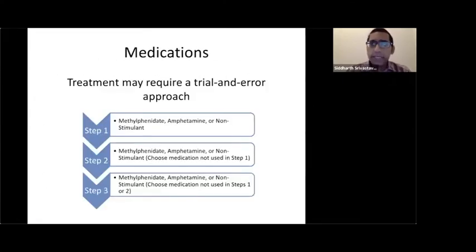Behavioral therapy can take time, sometimes on the order of months or longer, but if the symptoms of ADHD do not improve, then medications may be necessary, either alone or in combination with behavioral approaches. Medication treatment can require a trial and error approach, starting with one class of medication and then switching to another because of poor response or side effects.